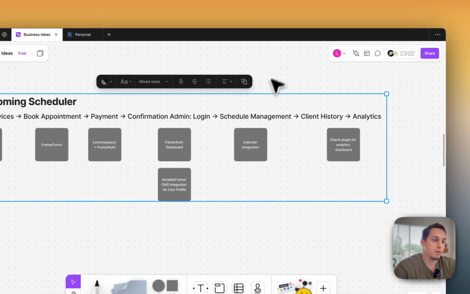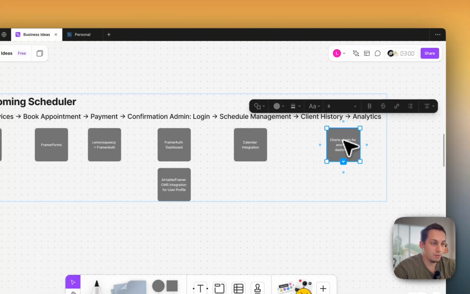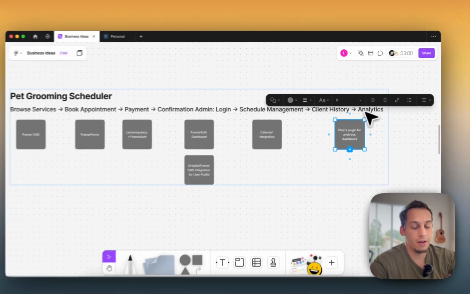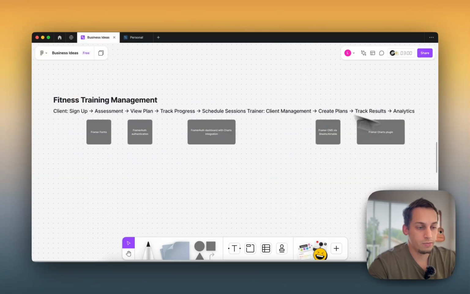And then, for example, you can do schedule management where you can integrate to your calendar or to the groomer's calendar, and also client history. Like I said, you can see if you've already used the service for the past 3 months, how much it costs, how often you use it, when would be the next best time to groom your dog, etc. Another idea that I think would be useful is a type of fitness training management app where